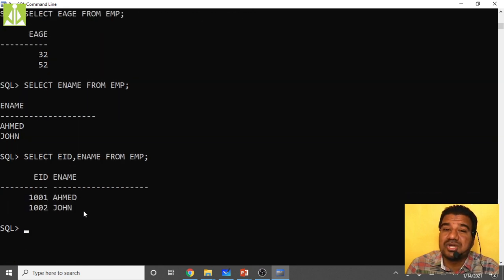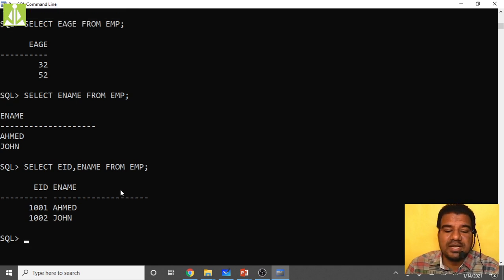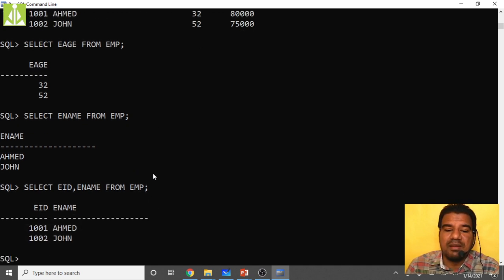All these are retrieval procedures, like your pivot table. Using a pivot table in Microsoft Excel, we selected the relevant data. Here also you can select the relevant data from the raw data. There are more visualization techniques to come. These are the basics, we are just doing the basics, remember. Select EID, EName from employee.